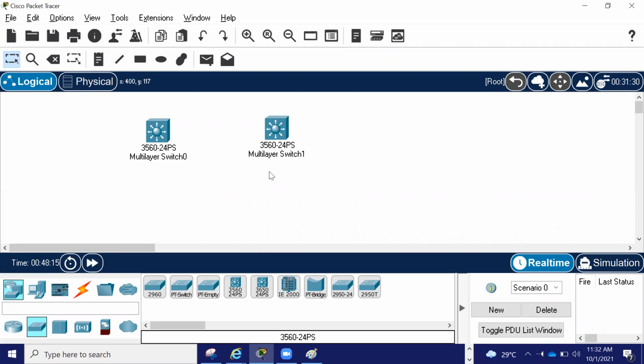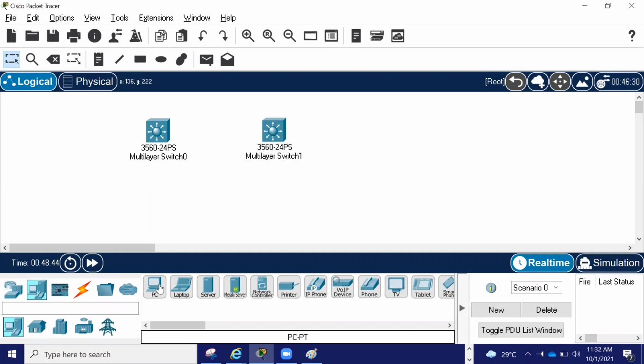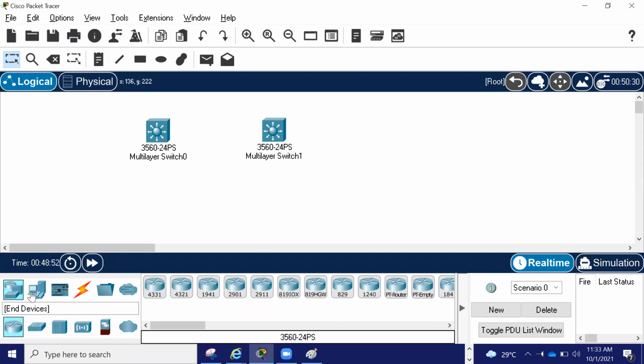I'm not going into much advanced detail, like from the multilayer switch you can connect access layer switches, do the trunk and all. I will do that lab one day, where we can create a real-time LAN organization where multilayer switches, all the routing protocols, and all the switching technologies will be used. We will see that. But right now, let me take two access layer switches also here.